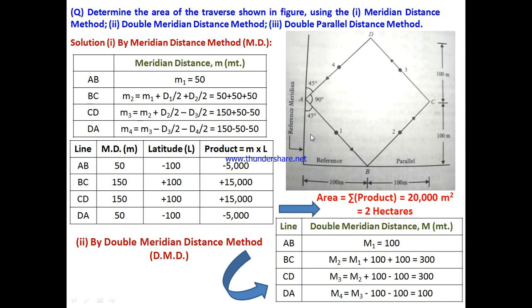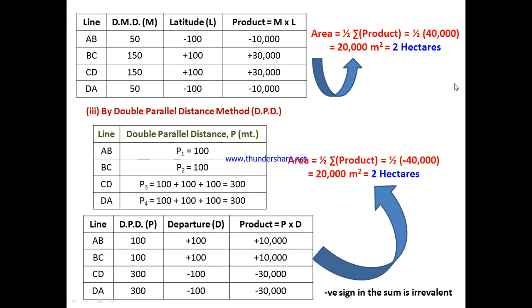See, for the value for the third line, for this particular line we need to calculate the value. So for reaching up to here, we first need to cover this distance, then again we need to cover this distance, so 100 for going down, then 100 again, then for this particular line 100 again to reach this point. So 100 plus 100 plus 100, and now for line DA, it will again be 300.